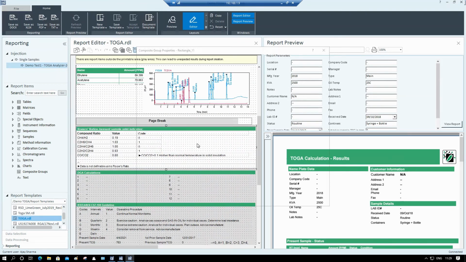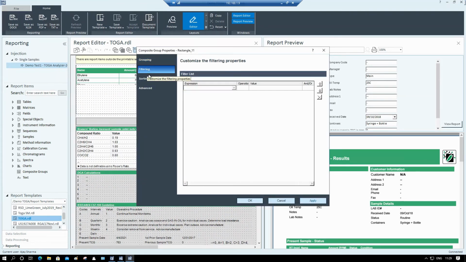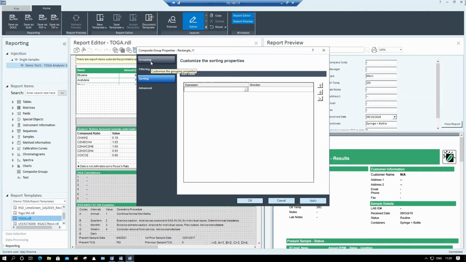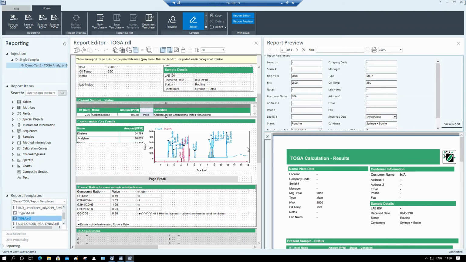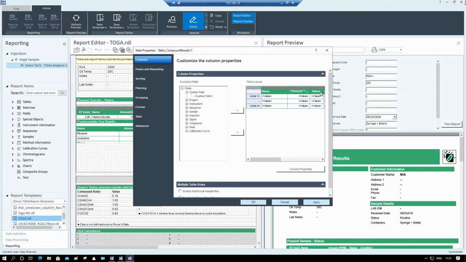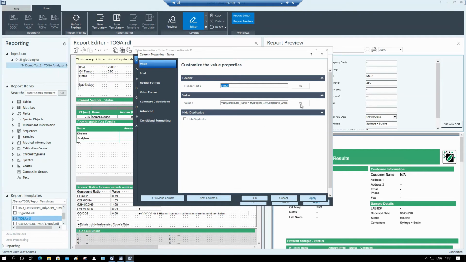It's pretty simple, and you can pick the grouping, filter it, sort it, all the possibilities. You pick the table where you want to modify certain values. I'm here in the pass-fail table, where you can just double click and select the status or how you want to define the final reporting results.